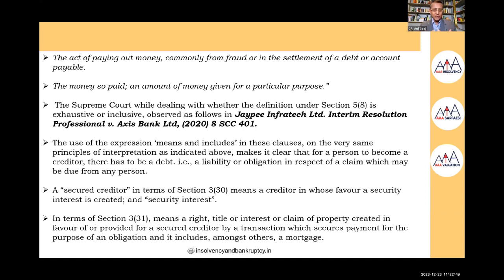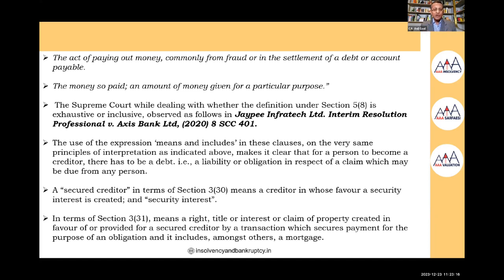See, in the case that we are discussing, the corporate debtor has not taken any loan. The corporate debtor has only given its asset to secure the loan given to another entity. That means the liability to pay back that loan is not on the corporate debtor. The liability to pay back that loan is on that other entity. So I think this is what we are trying to clear. So it doesn't become a financial debt.